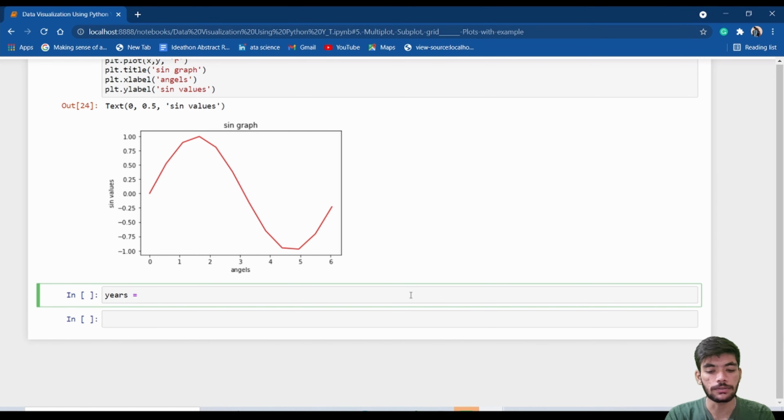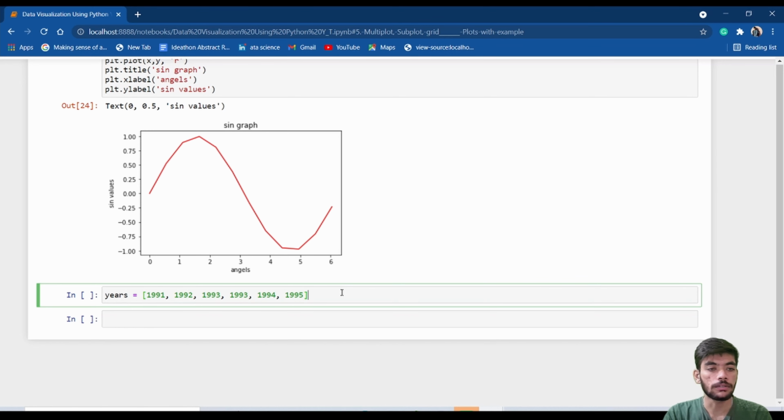equals to, I will write starting from 1991, so it's 1992, so I have mentioned the 5 years, 1991 to 1995.